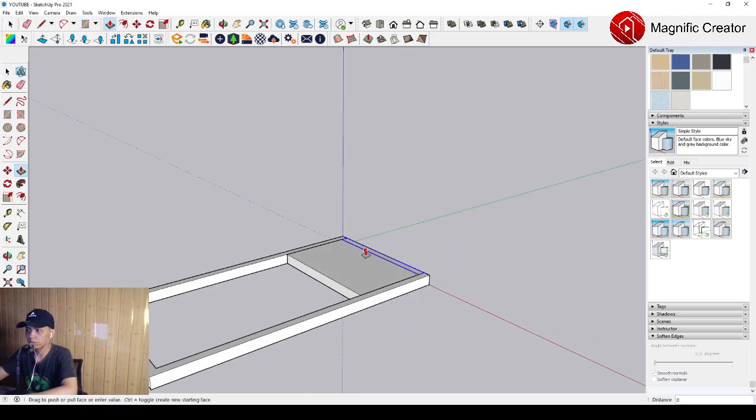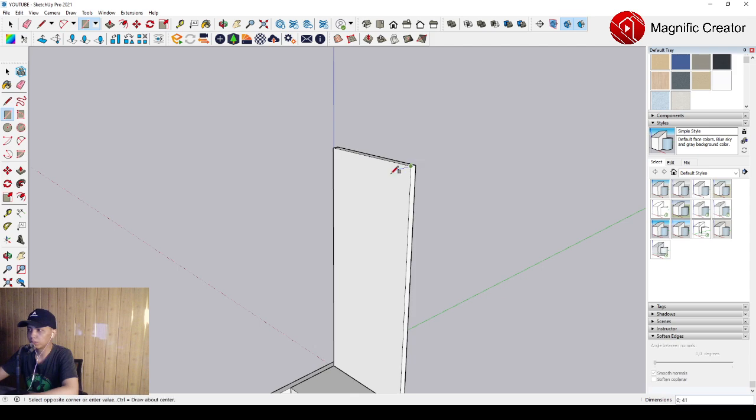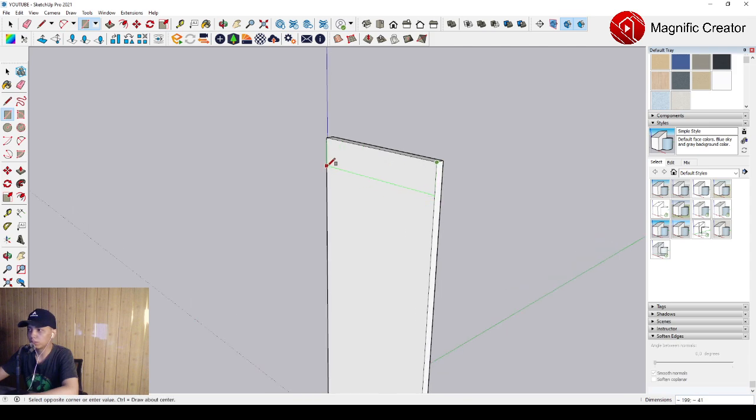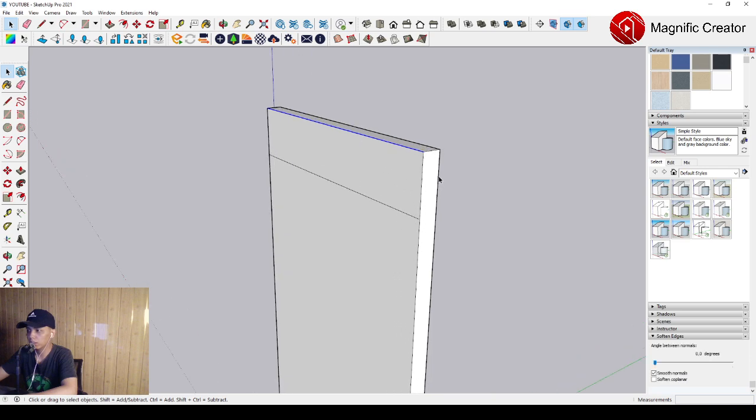So and then we have to push it up anyway. We have to push it up around 500 millimeter. Okay, and after that we can make the rectangle over there. Okay, we can set the thickness around 40 millimeter. It's enough. So and then we can click this line, and then we can select move, and we can select